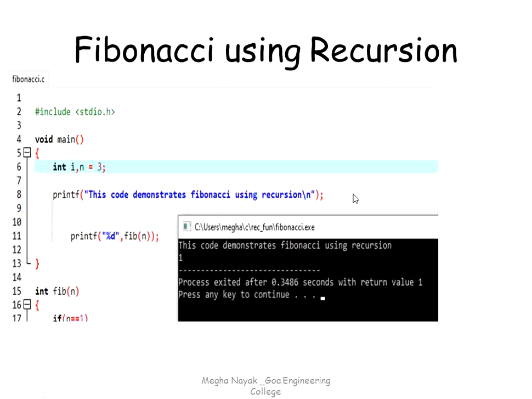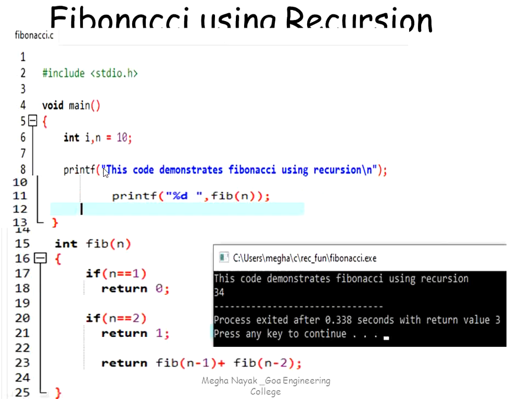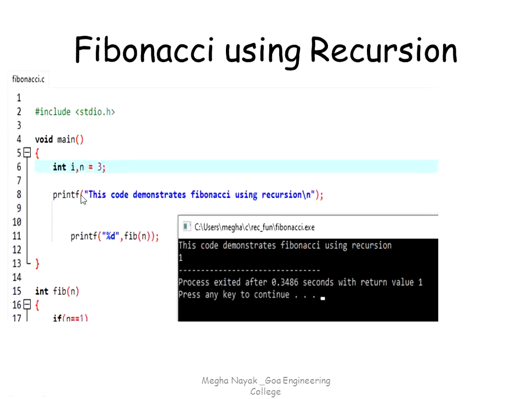Let's see another example. Here I am computing Fibonacci up to 3, like 3 terms in the Fibonacci series. In this case, it was 10 terms in the Fibonacci series. 3 terms in the Fibonacci series means 0, 1, 1. But this one only returns me 1. There is the continuation code over here, but this one only returns me 1. Why?